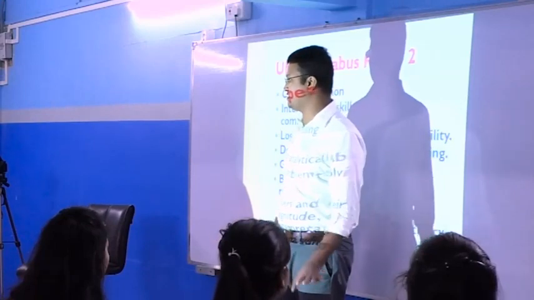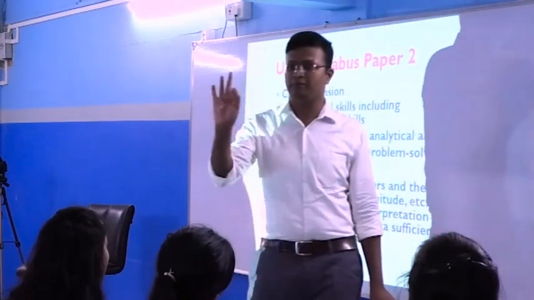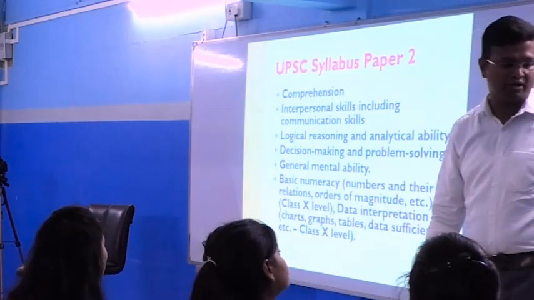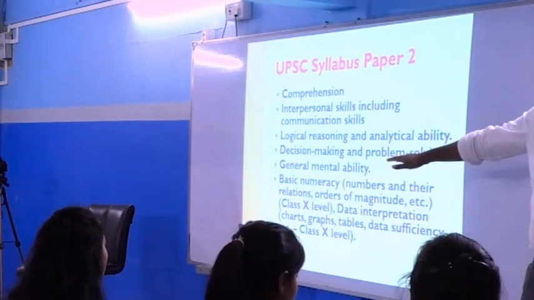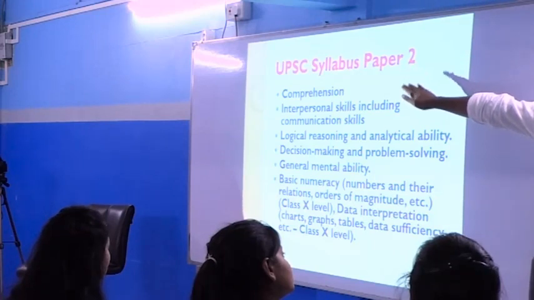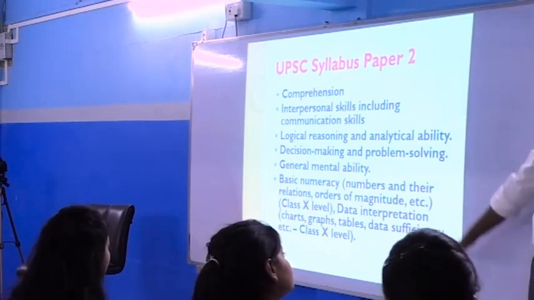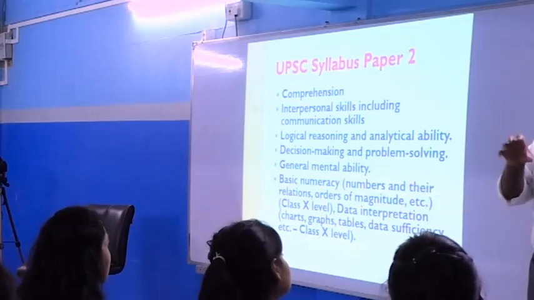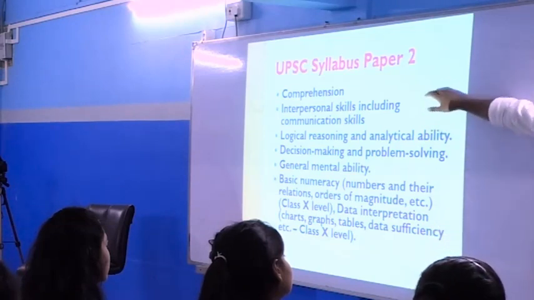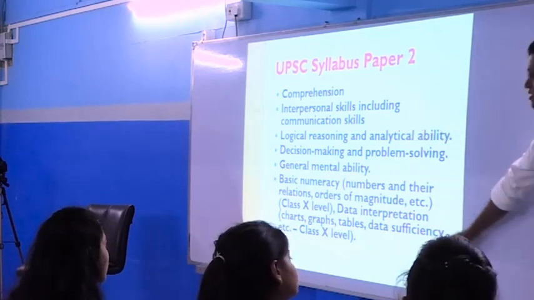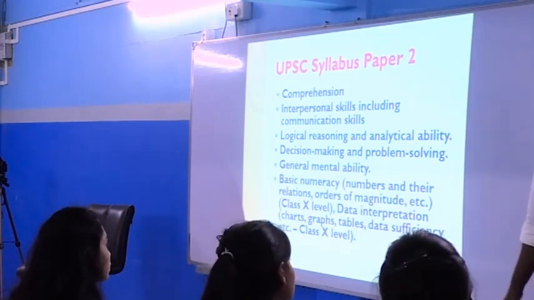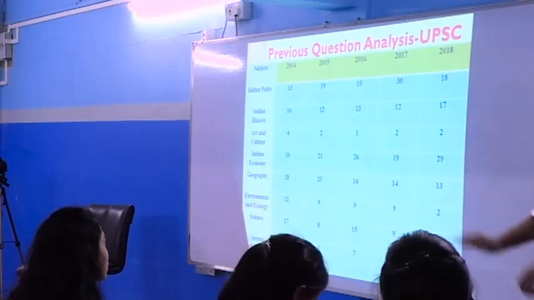Then there is not much benefit in getting 50-60, but you should get a minimum of 33% marks in this paper. The second thing is that the first paper is more important. All the people who get more than 33% in this paper, their first paper will be evaluated, and the rank and qualification will be decided. Those who do not qualify in this paper, their paper will be put in the dustbin. Definitely, I am telling you that it will not be considered. Those who qualify in this paper, their result will be counted using the first paper. So the first paper is more important.